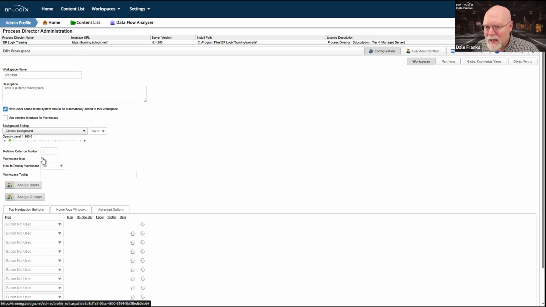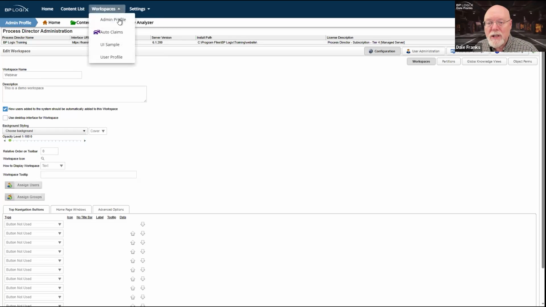I can set an icon for my workspace. As you can see, I haven't done that for anything but the auto claims workspace, so it has that icon of the two dark blue cars. You can set an icon for a workspace if you want to. Not sure how useful it is in menus, but that's up to you.